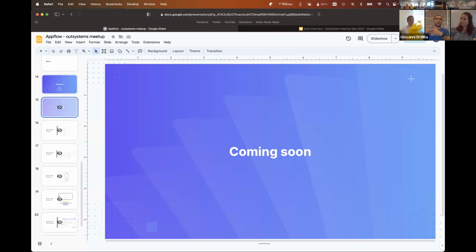Okay. This is going to come a bit later. Kind of a debugger? Yeah, sort of, but less specific to your app and more specific to building your app on Appflow.